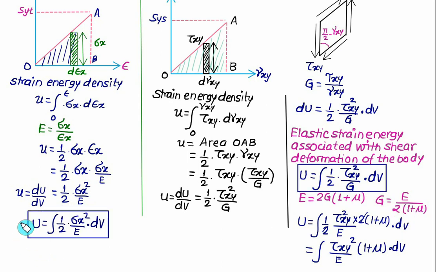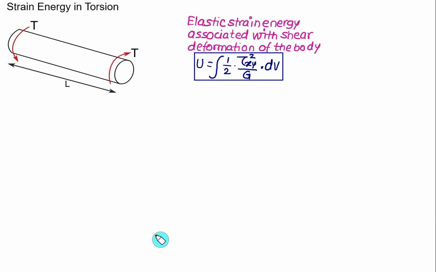So remember this equation to calculate the strain energy in the case of normal stress, and remember this equation to calculate the strain energy in the case of shear stress. Once we know the elastic strain energy associated with the shear deformation of a body, that is, U equal to 1/2 into shear stress squared divided by the modulus G, multiplied by dV,